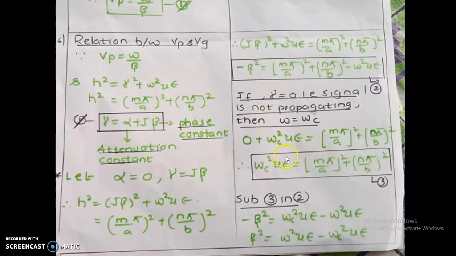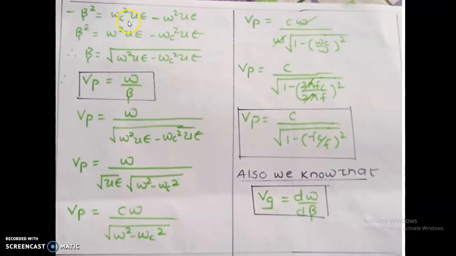So we got equated. Now we have omega c whole square mu epsilon equal to the right side part. Take equation number 2 again. Instead of these two terms, we can substitute this one. Now minus beta square is equal to this term, as this is a substitution part, and the remaining part. Now for beta square, the minus will go inside, and we can write this expression as it is, a mathematical concept. Now the same two equations I have represented here.